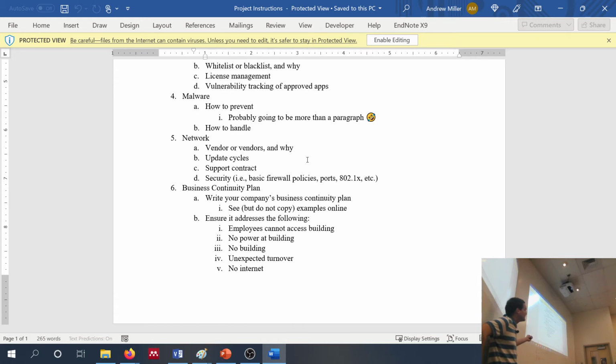This is a big one as well, though. Because if there were stuff that were accessed, you have to say how you're going to address it. All right? Network. Similar to hardware, only I consider hardware to be more like computing devices. I consider network to be more like network, switches, routers, that sort of stuff. Maybe even IP phones. All right, so you're going to say which vendor or vendors you're going to go with and why you selected them.